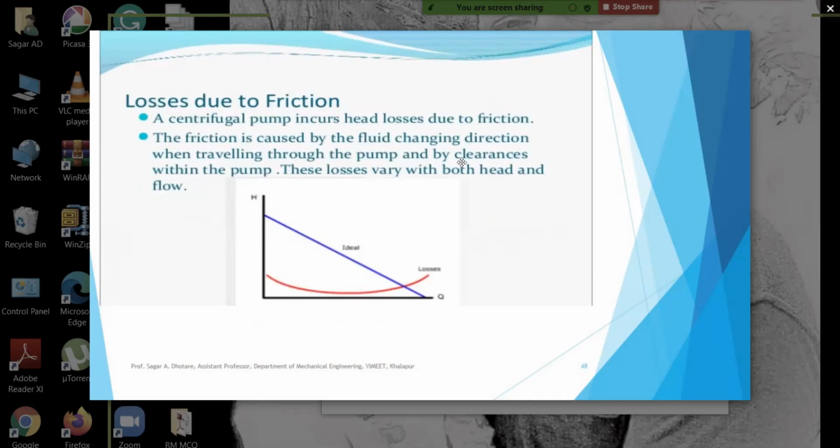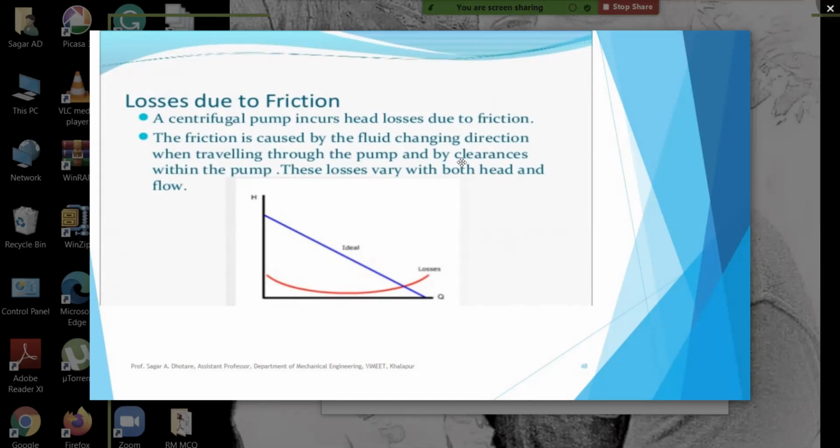Then loss due to friction. A centrifugal flow pump has head losses due to friction. The curve is shown over here. The friction is caused by the fluid changing direction as it travels through the pump, and by clearances within the pump. These losses vary with both head and flow. Losses vary with respect to the head and with respect to the flow. So both